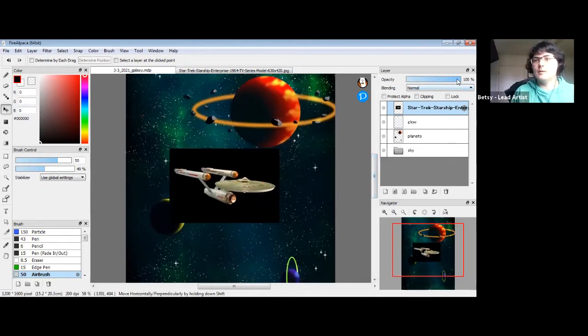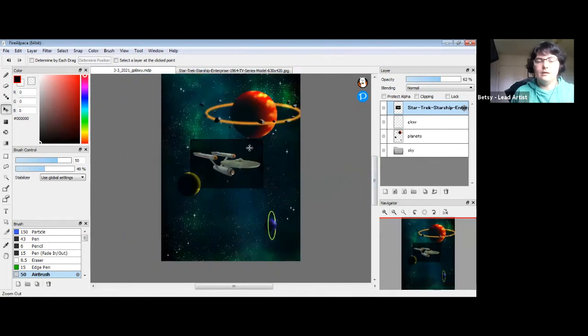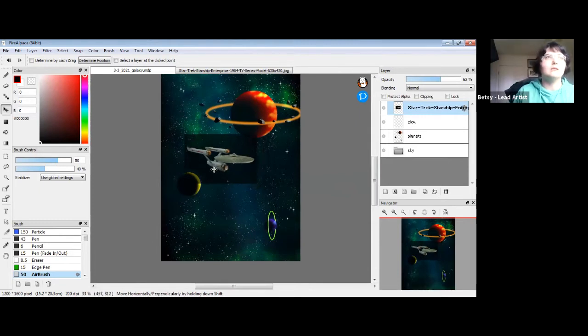It's there. I'm going to lower the opacity a little bit, and we're just going to use this as a way to say, where do I want my ship to be? How big do I want it to be? Which direction do I want it to face? In general, when it is pointed to the right, because we read from left to right, it feels like they're